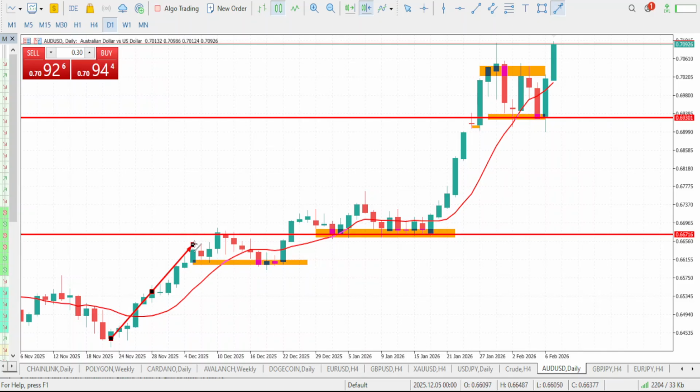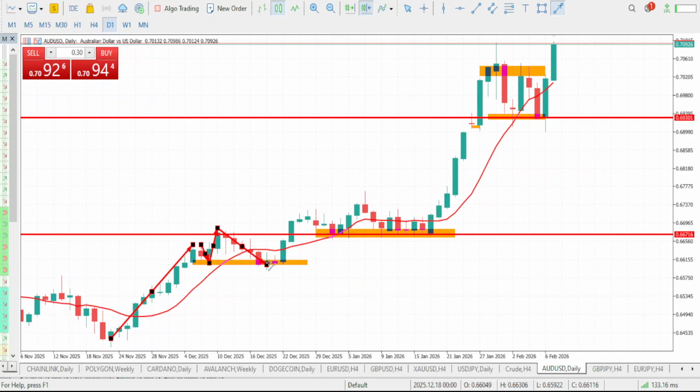Now here comes the higher low. Market was able to push up one more time to form a new higher high right here. The market pulled back again to form an equal higher low. So in an uptrending market, it's either you have a higher high and a higher low, or a higher high and an equal higher low, which market did form right here, which is an equal higher low.